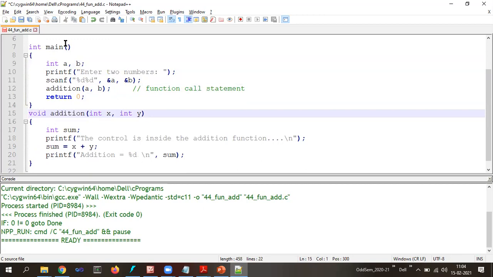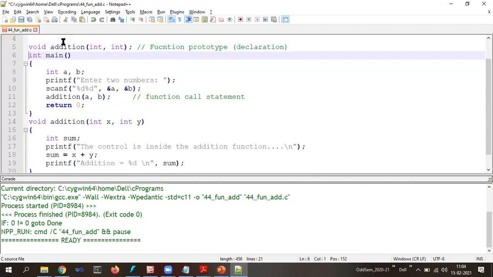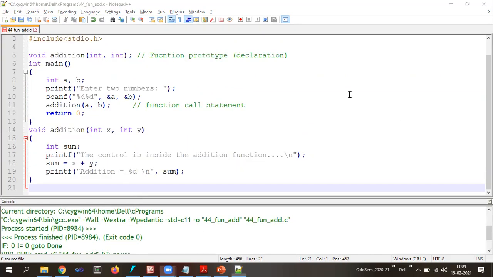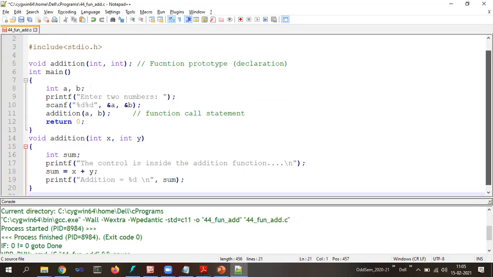Okay. Now here also, 1 second. Just trying to put it in only one screen. Okay. Void addition. Void addition means the name of the function is addition. It will take two parameters and it will return or it will not return? It will not return. How did we come to the conclusion? Because we have a return type as void. Void means the function is not going to return anything.